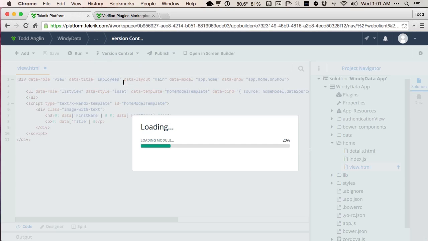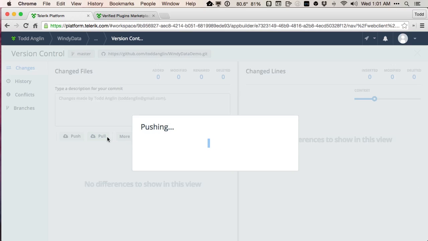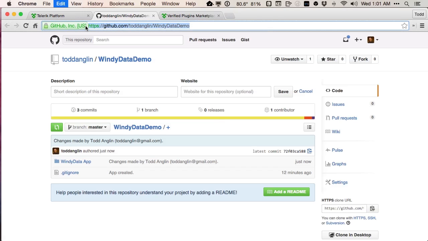I'm just going to go ahead and commit all of my changes. So you can come in here and we get this great interactive view to see what's changed since our last commit. So I can go ahead and just say commit and push. I'll be a bad contributor and not add any useful comments for now, but now it's all out there in our GitHub repo. I can actually grab the URL for our GitHub repo now, which I'm going to do, just